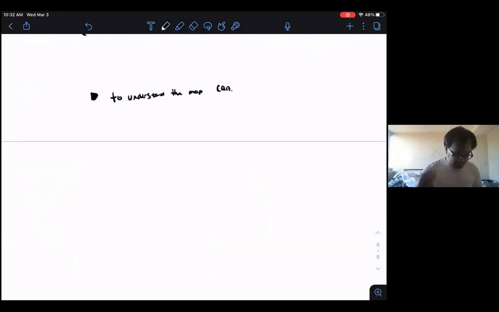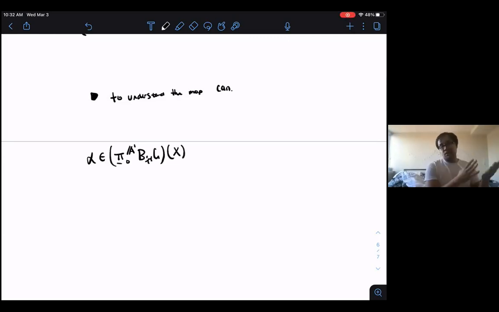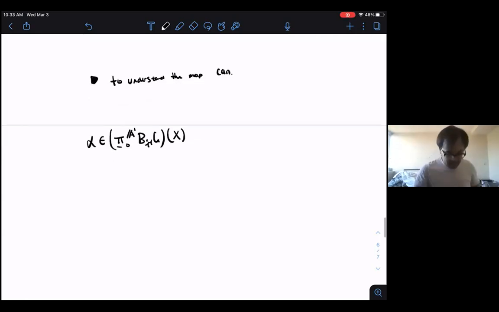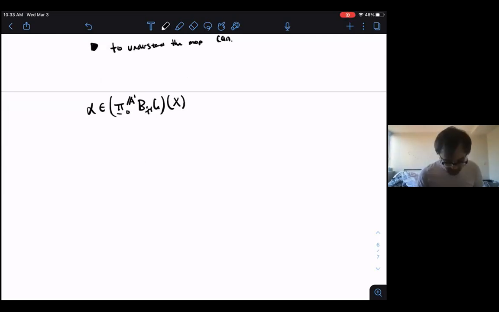So suppose I take alpha inside pi_0 A1, the sheaf of connected components. This is what this B_et G is, X, right? So let's say I fix a connected component. Hopefully we'll get to a point where I can tell you what this connected component is. We also made some computation for what it is. So you pick a connected component, then you can look at the Postnikov tower. Here's the terminal object in this A1 homotopy category, and there is a tower which interpolates between choosing this alpha